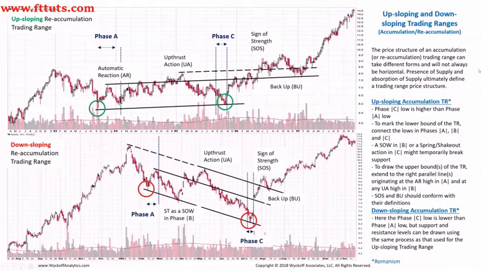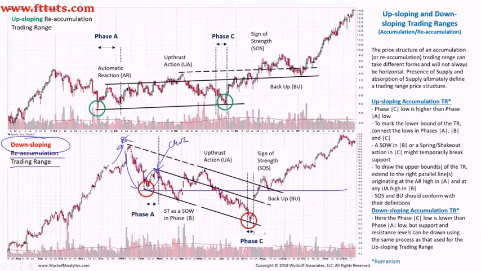So let's look really quickly at the bottom chart. And this is a downsloping reaccumulation trading range. So we're seeing the climactic run, and then look at the downtrend. And look at this rally right here. This rally acts as a better rally than anything else. So that's a change of character. At this point of time, you would be thinking we're going to be in the horizontal trading range. And we actually